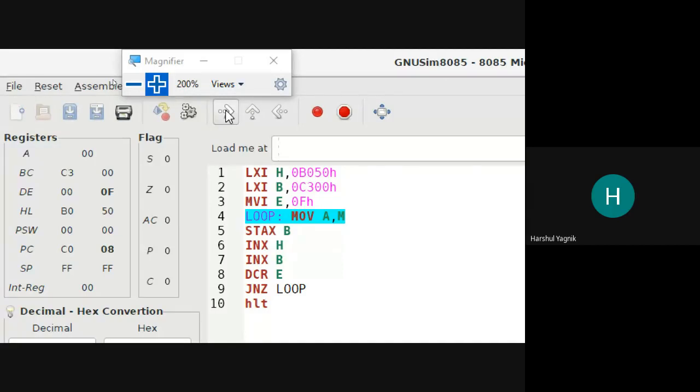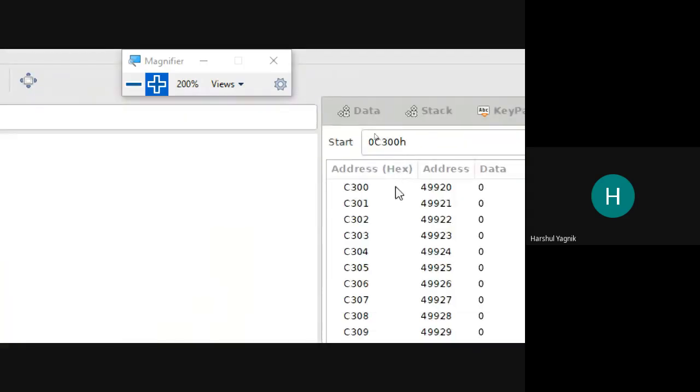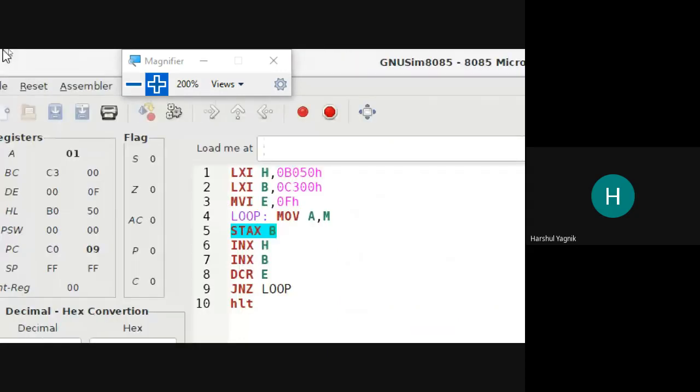What was that content? That was decimal value 1. It is binary also 1, and hexadecimal is also 1. So that is this. Now this will be stored at the memory location pointed by, sorry, BC register pair. So from C300H. Let us check STAX B. Now here we have 1.